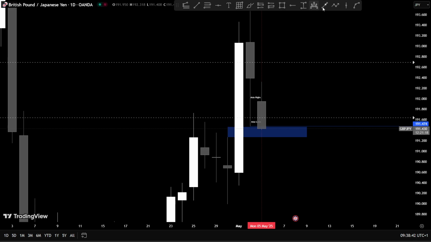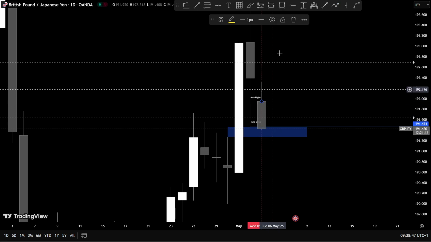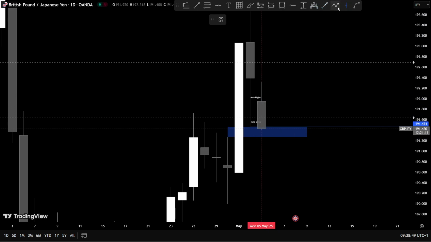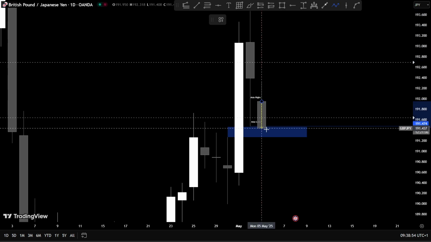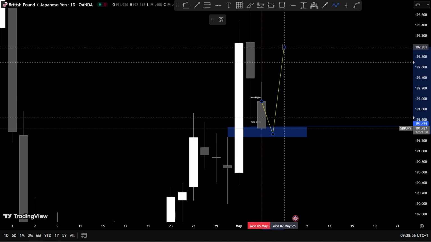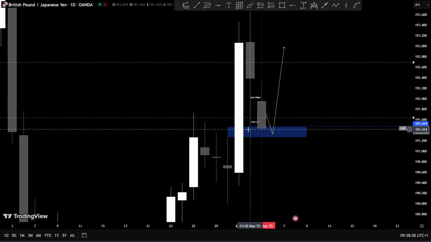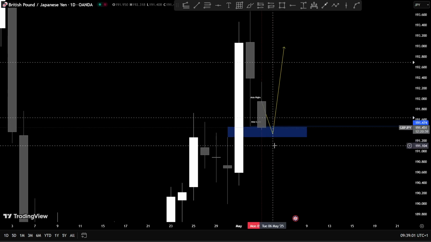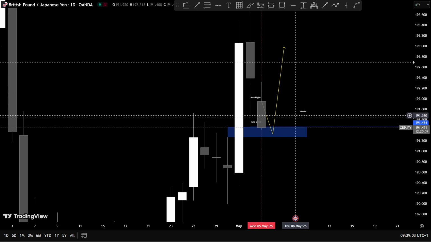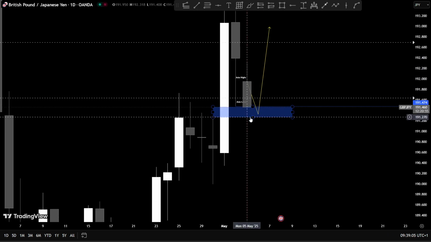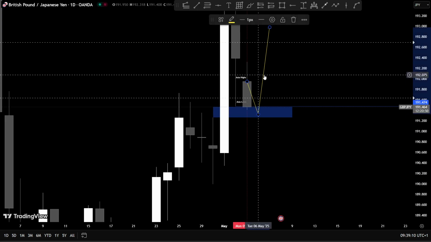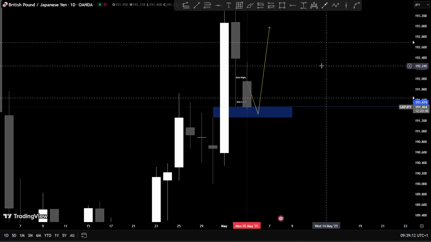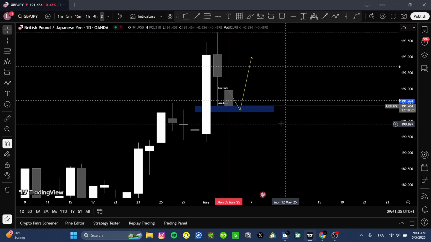So I ideally think that price, after filling up the fair value gap and seeing some structure shift in the lower time frames to the upside, should continue going higher. And if price breaks below this low on the lower time frames, that automatically means that price is not going to respect this fair value gap and it's going to continue dropping lower. But for now, it's all looking clean.